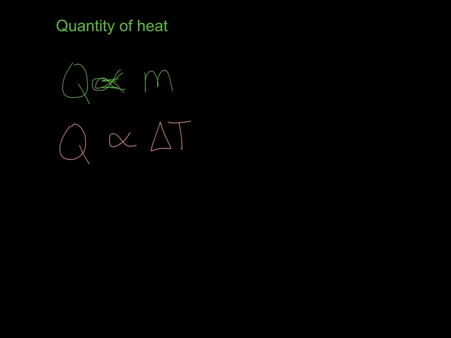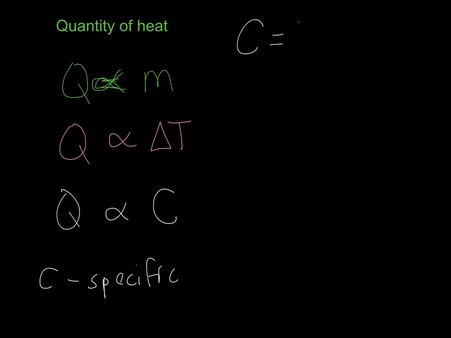And then the molecular property of the material also relates, and we're going to call this C, the specific heat. Specific heat is a specific amount of heat for a certain molecule, a certain kind of compound or element, or the chemical makeup of that specific substance. So something like water has a large specific heat,